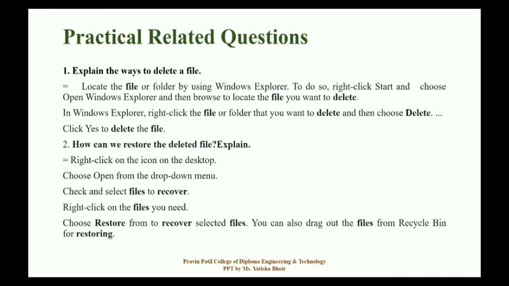Means first of all, the recycle bin is on the desktop. Okay, just locate the recycle bin on the desktop, then click on the recycle bin and locate the file which you need to restore, and then right click on that file. When you right click on the file in the recycle bin, it will show you an option that is restore. Okay, just press on restore and your file will be restored.